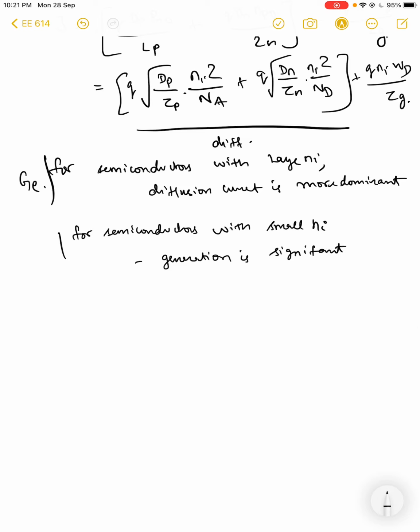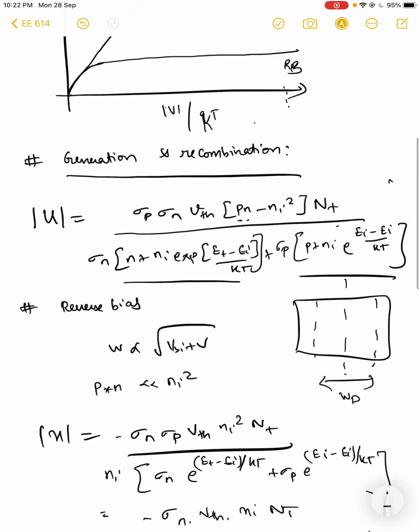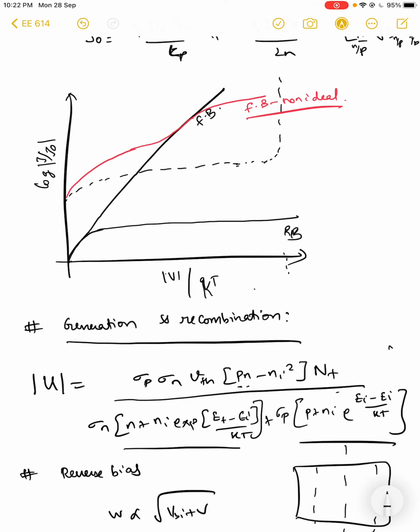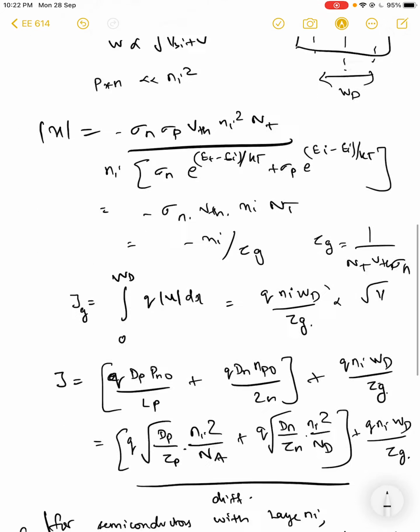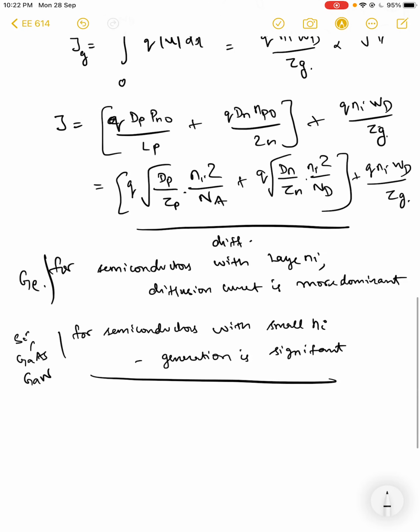And it is this reason which makes silicon, gallium arsenide, gallium nitride and other materials with significantly larger band gap have a large deviation from the ideal Schottky diode equations, right? So this is the reason for this larger current in the reverse bias, where you have more generation, and this comes about because the generation current can no longer be neglected when you are calculating the actual current, right? So this is on the reverse bias side.